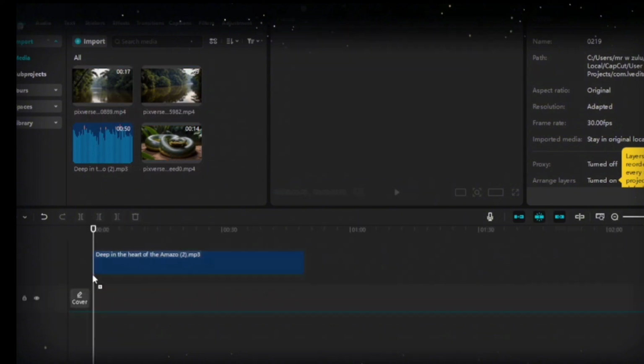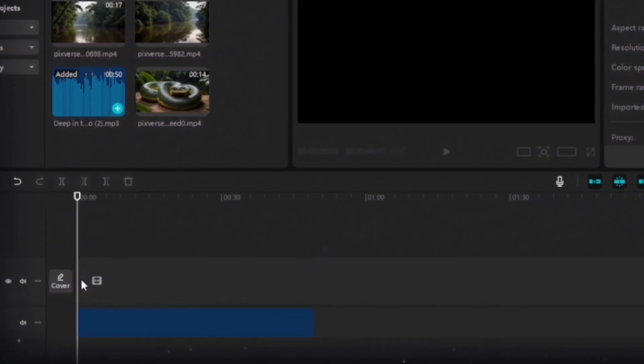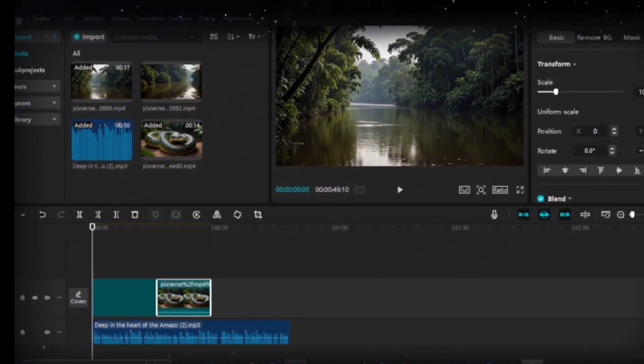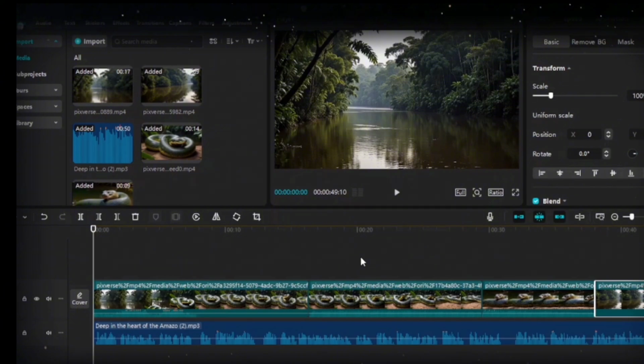So I'll start with my audio. Deep in the heart of the Amazon. So drag my audio here on the timeline. From there, we'll select the first video, place it here, then we'll select the third footage. Okay, so once you align your audio and your video files together on the timeline, what you want to do